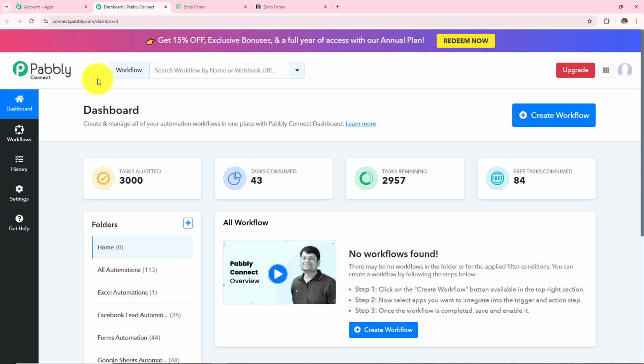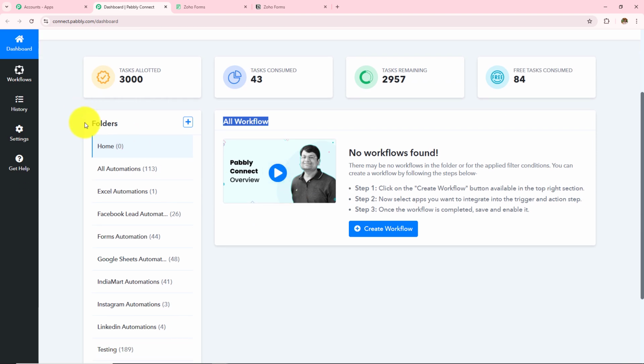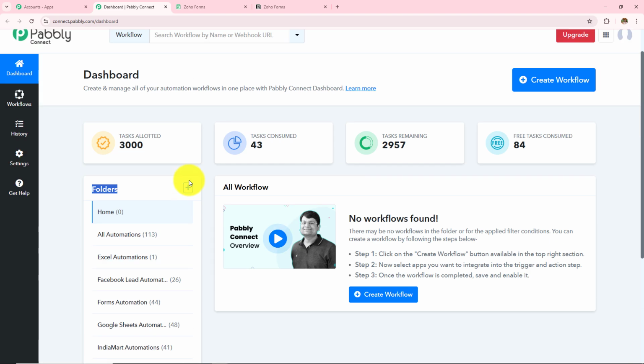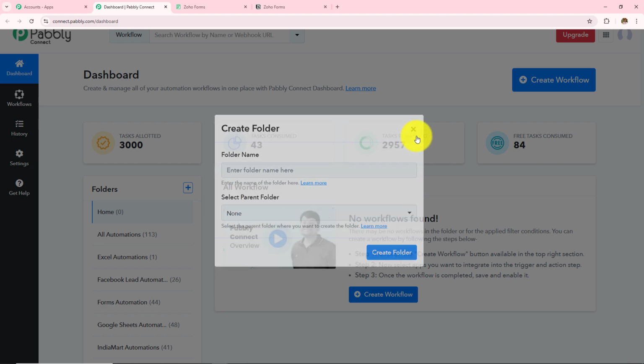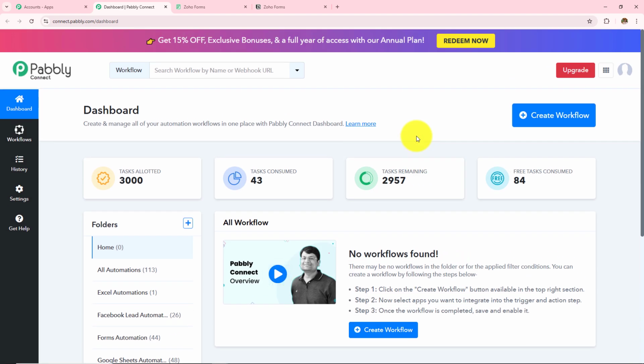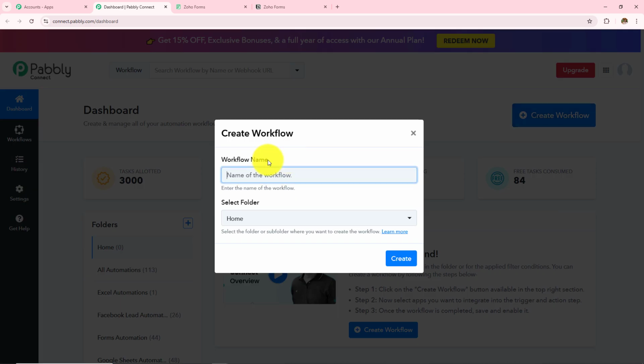And it has taken me to this dashboard where I will be able to find all my workflows over here and all the folders that I have created over here. Now if you want to create a new folder, you simply have to click on this plus icon, and from here you can create a new folder. For now, I want to create a new workflow, for which I need to click on this create workflow button,